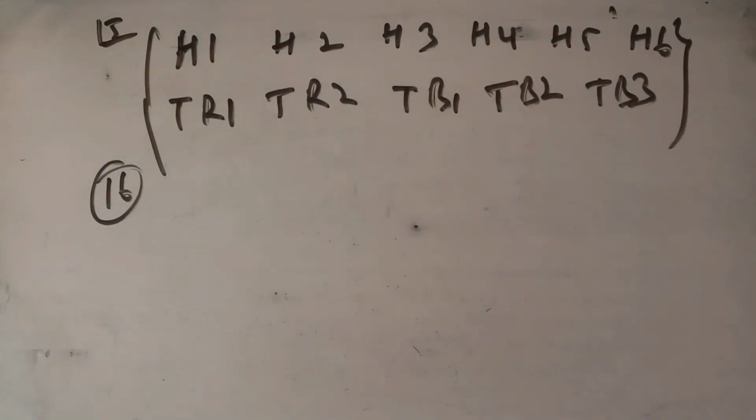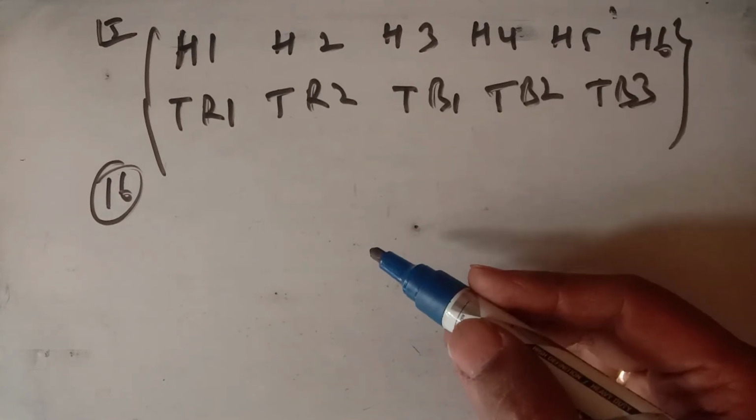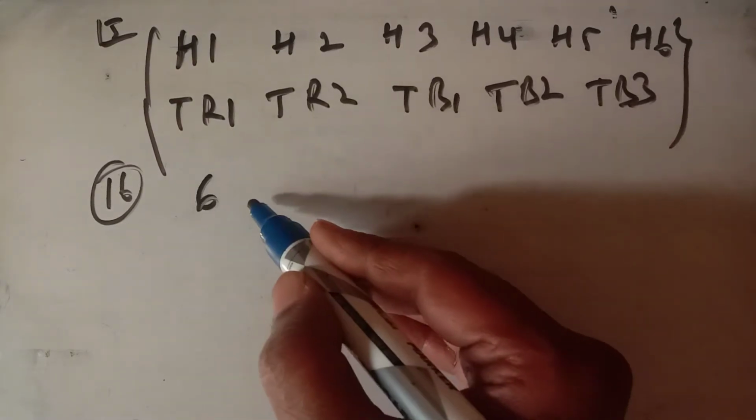Now our die, in question number 16, a die is thrown repeatedly until we get a 6. So what is the sample space for that? In this book, the solution is written in a somewhat difficult way. If you write like this, a sample space for a die when it's thrown until we get a 6. So we can have 6.